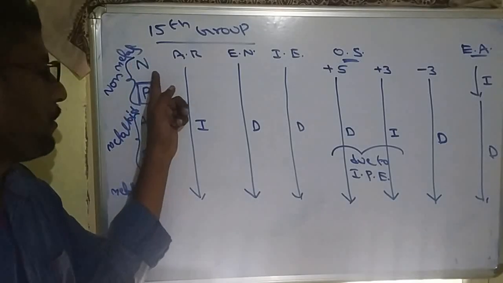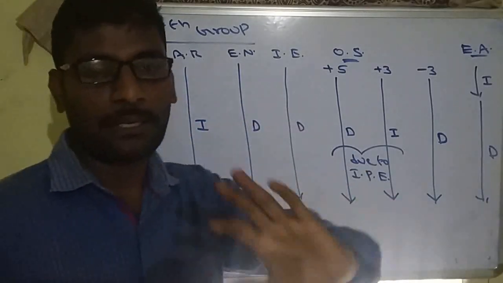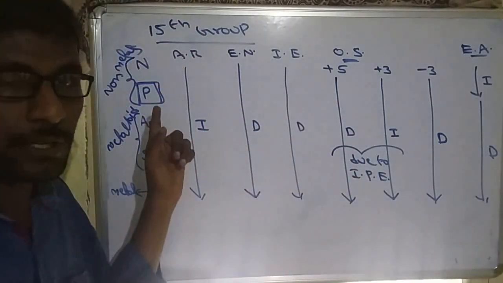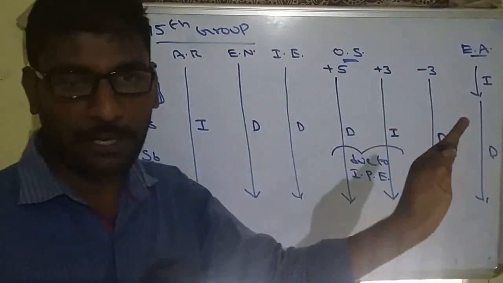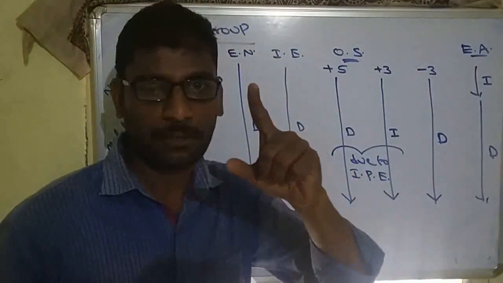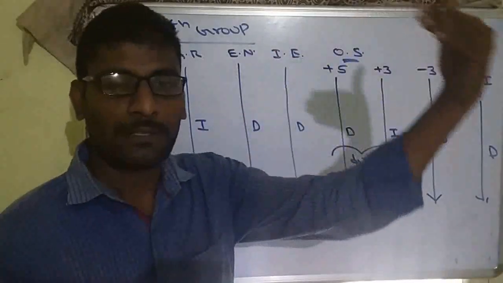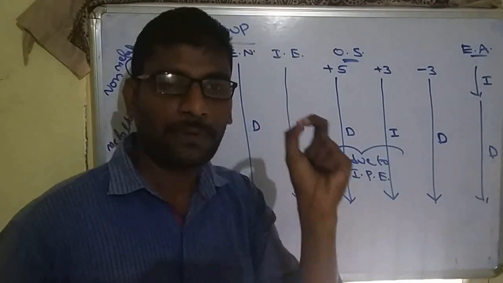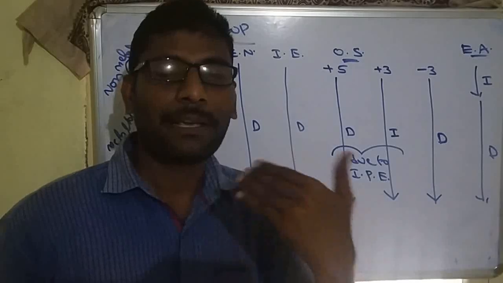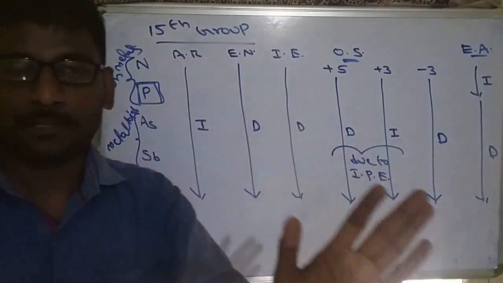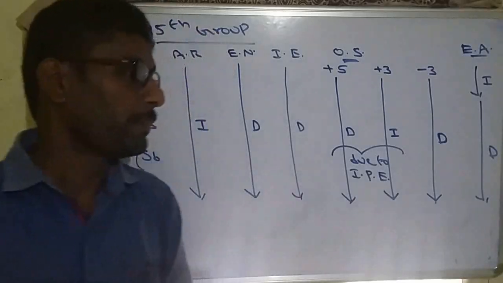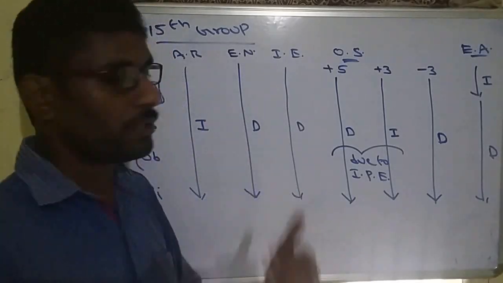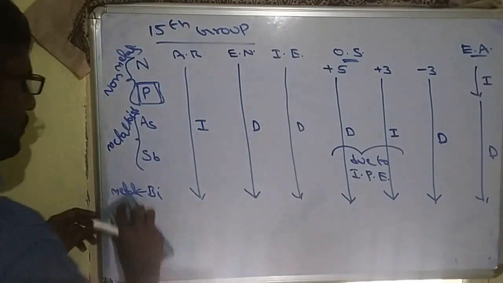Why? Because nitrogen is small in size, so some inter-electronic repulsions exist in nitrogen. Not only in nitrogen, this applies in 15, 16, 17. In 15th group the first element is nitrogen, in 16th group it is oxygen, in 17th group it is chlorine. So the first element of 15, 16, 17 will exhibit less electron affinity due to small size or inter-electronic repulsions. This is most important. Not nitrogen, phosphorus has the highest electron affinity in the 15th group. So these are some physical properties.